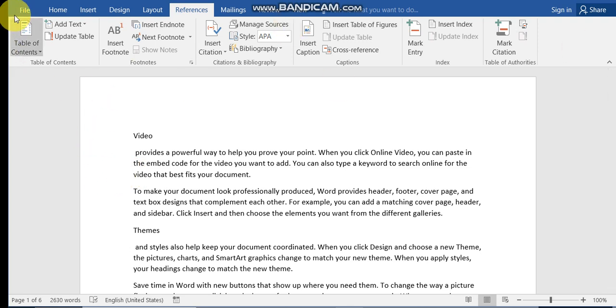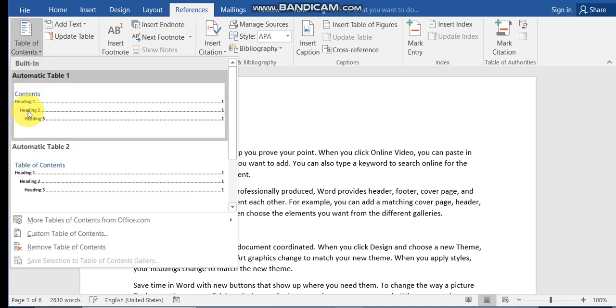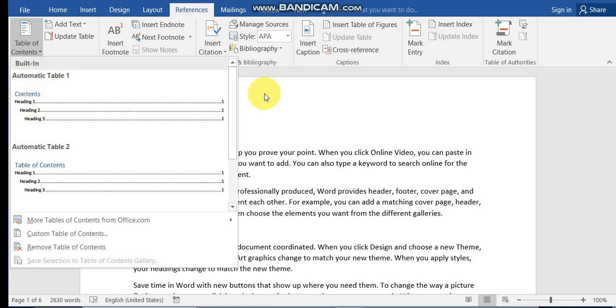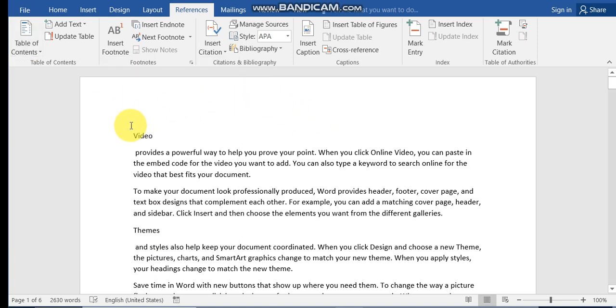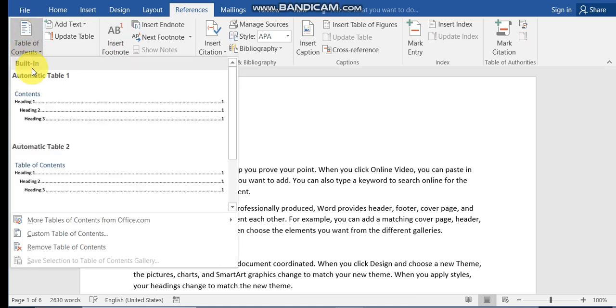and find Table of Contents. We click the Table of Contents ribbon tab and select one style